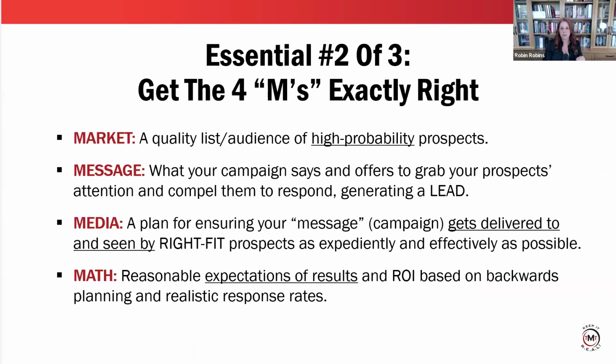Okay, essential number 2 for lead generation marketing: there are 4 component parts to every campaign. You've got to get them exactly right for the campaign to work. So if you think about a campaign you tried that failed, I guarantee you one or maybe more of these four elements were wrong. These four things are like four legs on a table. If one of the legs is missing or shorter than the others, the whole table's wobbly and it's no good, right?